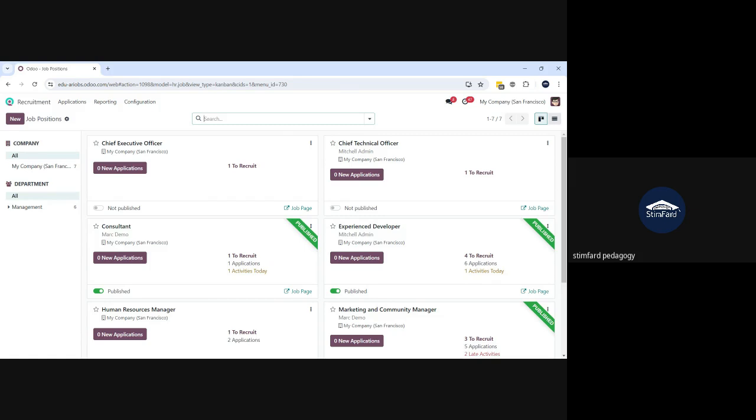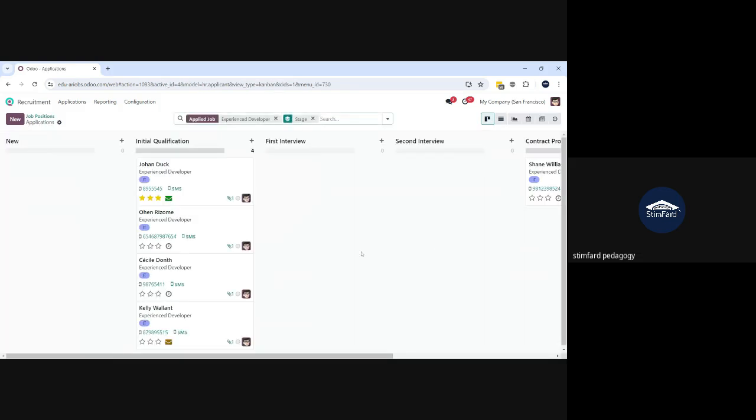As I open up the recruitment app, it is showing me the positions that I have already defined in my system and the applications, if any, pending for that position, and if any application is in progress, that is also showing. For the experienced developer, there are zero new applications, four to recruit, six applications, and one activity today. You can also click on this and it will jump to it. Six applications means these are applications that have transferred from the new stage to initial qualification. That means you have processed